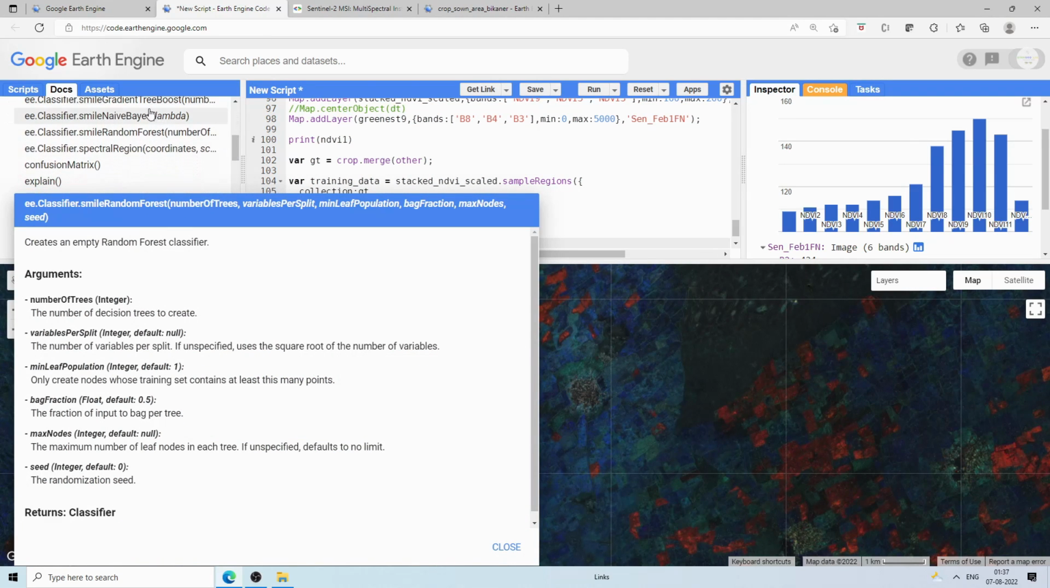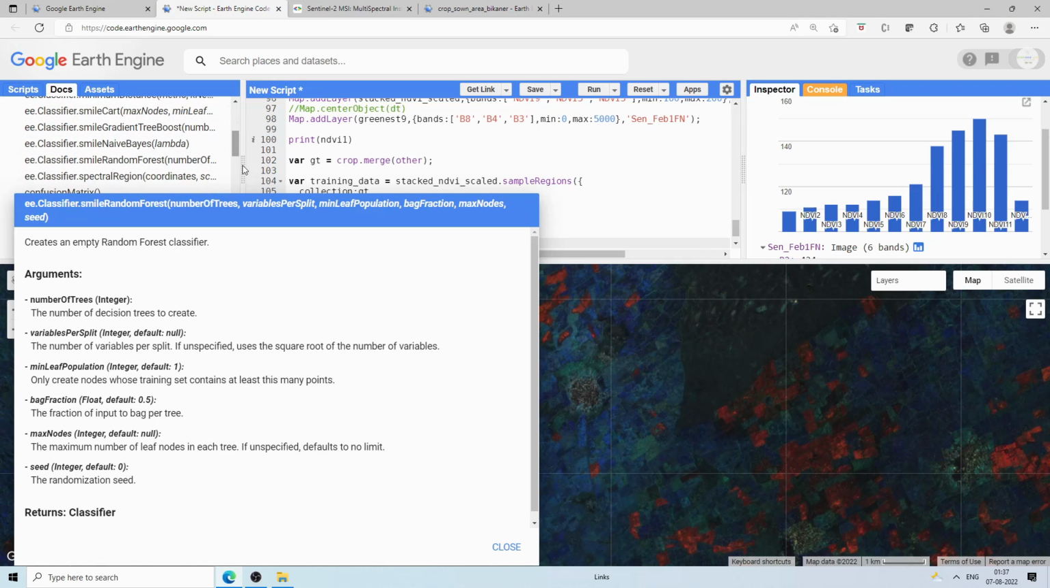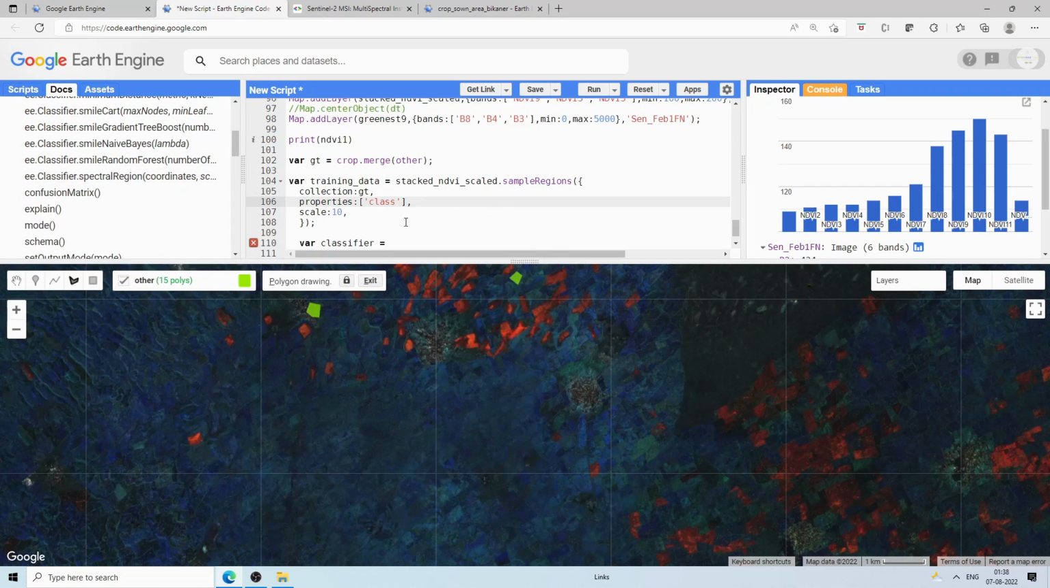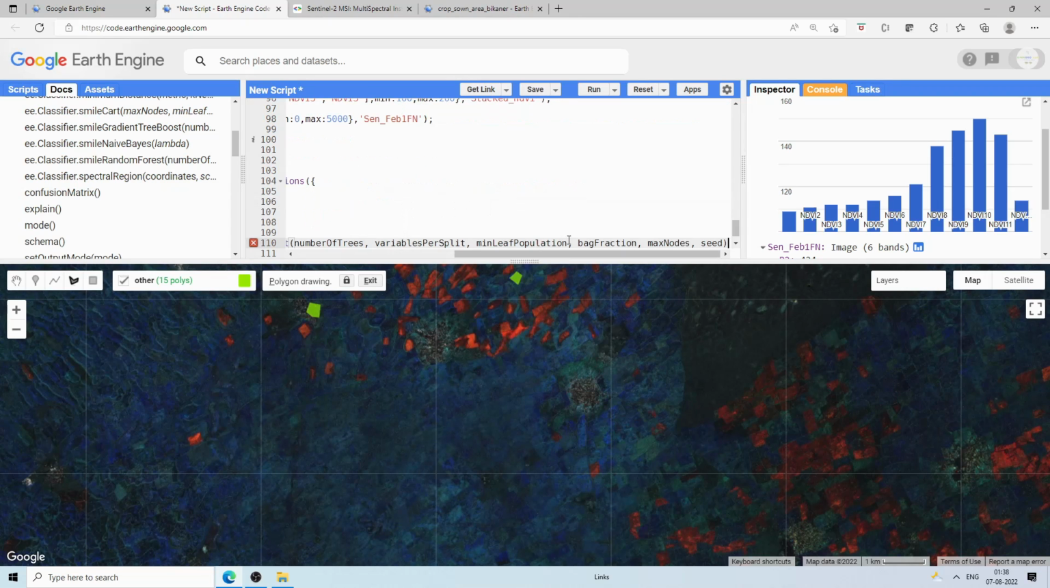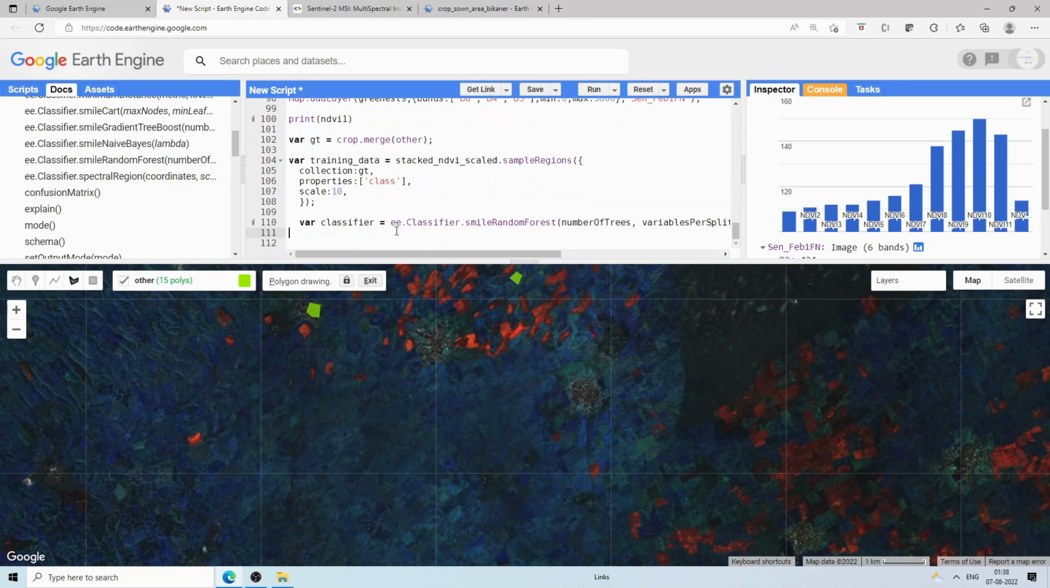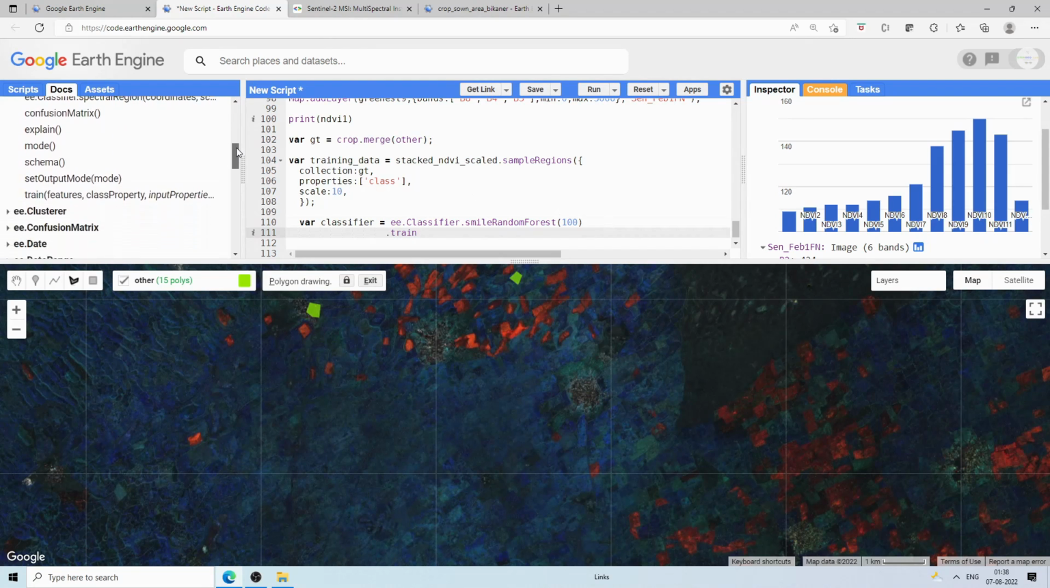You can use any of the classifiers, a lot of classifiers are given, so we will use random forest. Here we will remove all the things, no need of that, only the number of trees we will give. Let me just start with 100. Then you can use dot train. You have to train this, classifier dot train,